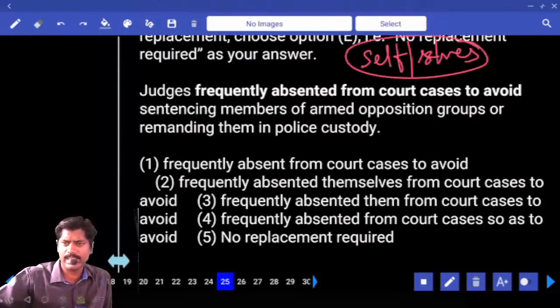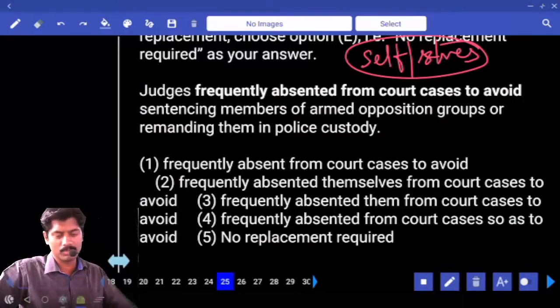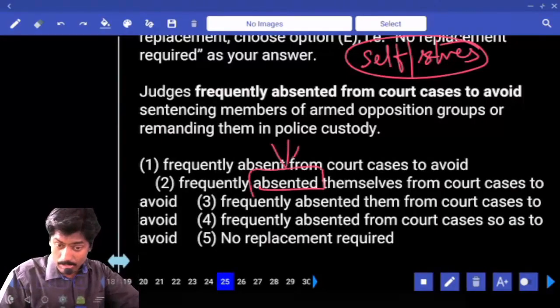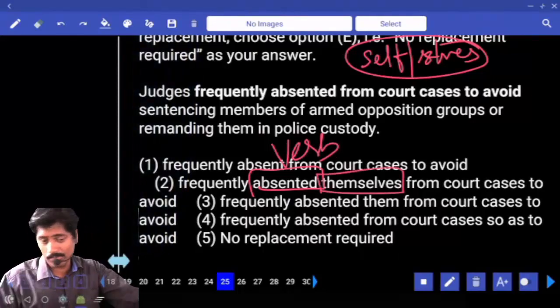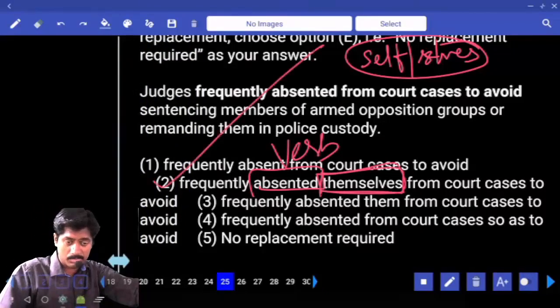Absent, avail, adapt, present, assert, pride, enjoy, reason. He absented himself from the class, that example. She prides herself on her beauty. Refer rule number 5, pronouns. Whenever the word absented comes as a verb, take a reflexive pronoun. If you look at the other options, there is no reflexive pronoun. Reflexive pronoun is the self pronoun. So absented themselves. They absented themselves. Second option.